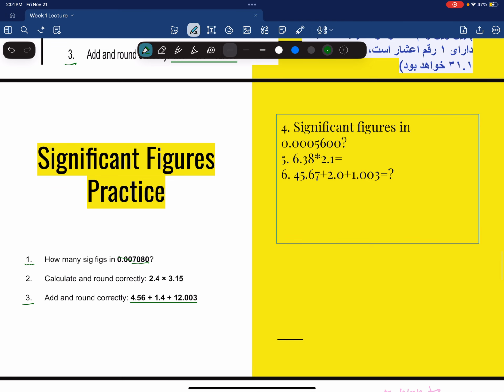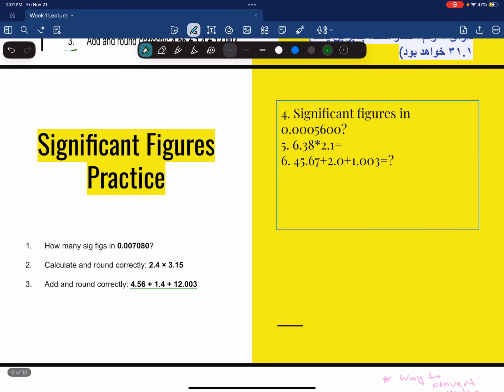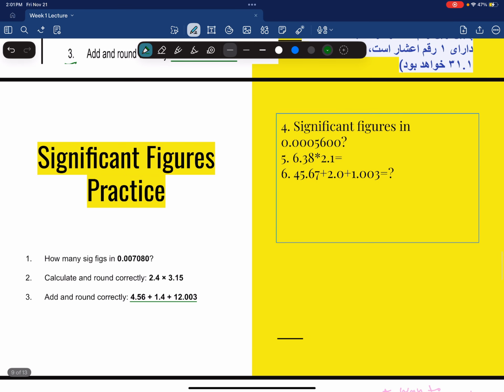So we're going to practice sig figs real quick. If we look at this one, you can go ahead and pause the video and try to do this by yourself and see if you get the correct answers. Just to practice. If not, it's okay. We can do it together. So we have this one. But I highly recommend pausing the video if you haven't covered week one, just to make sure that you know it by yourself. So we have something like